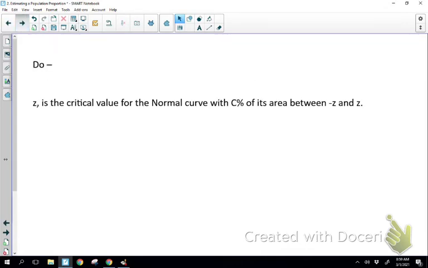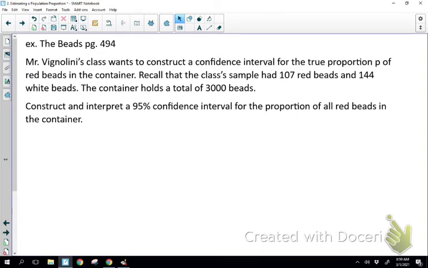You know you need to do the 4 steps because this just generally says construct and interpret a confidence interval. So anytime it just says that statement, you need to do all 4 steps. So let's go ahead and dive in. I start with the state step,